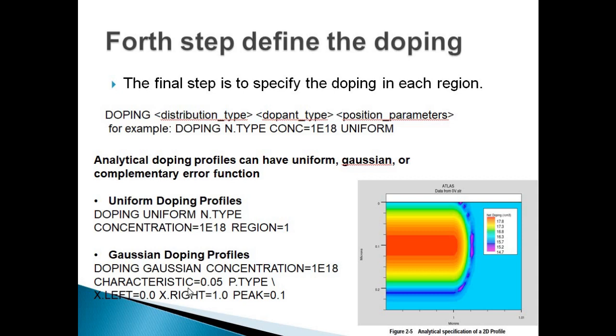This statement specifies the peak doping is located along a line from x equal to 0 to x equal to 1 micron. Perpendicular to the peak line, the doping drops off according to the Gaussian distribution with a standard deviation of 0.05 divided by square root 2 micrometer. For more information, you can go to the Atlas manual and find the different parameter values. Next slide, please.